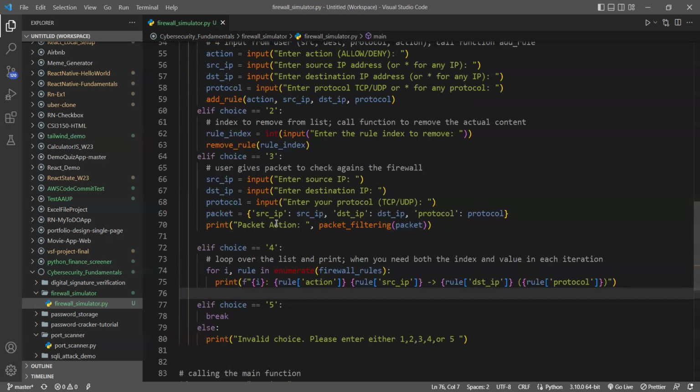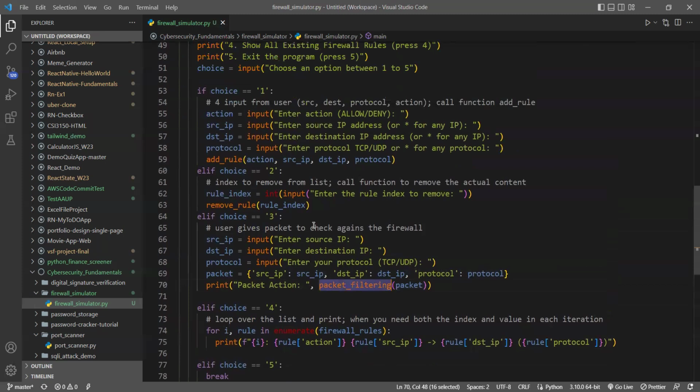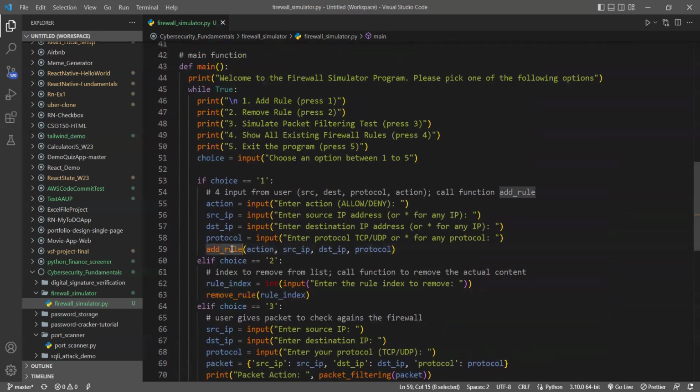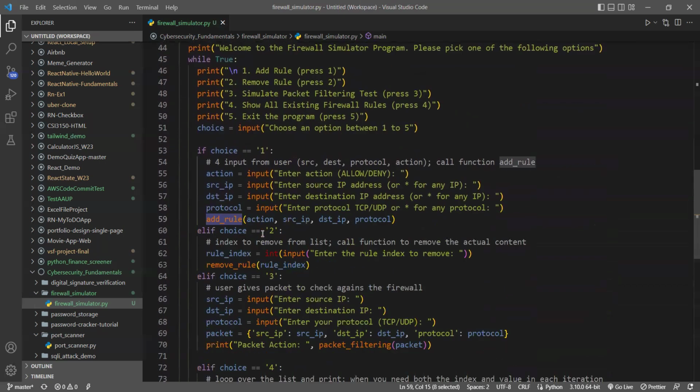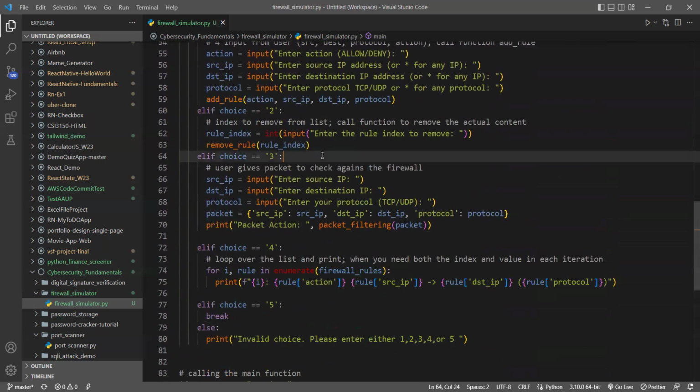That is good here. We call the function to filter the packet. We call a function to remove the rules. We call a function to add the rules. Okay, everything looks good. Now we can essentially run the program and see what errors we are facing with real